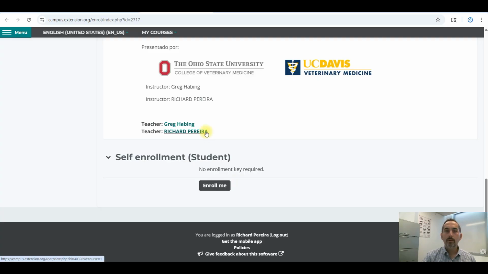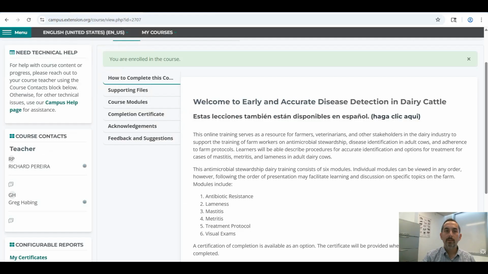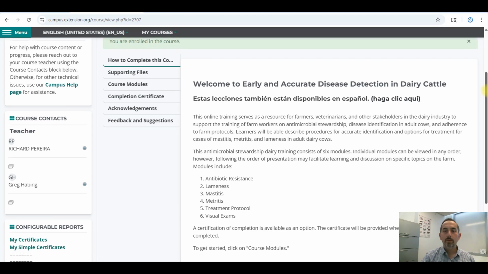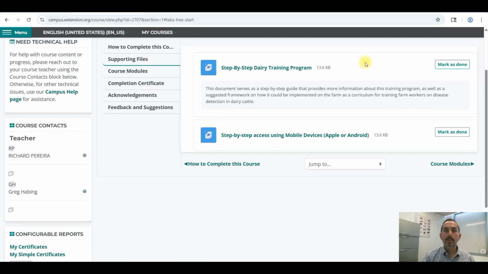So they are two independent, separate courses with the same content, one in English and one in Spanish, but you would have to access that this way and enroll as well. But going back to the main course, you can see here we have information for how to complete this course and the modules. We have a tab with supporting file information that has a step-by-step downloadable file that will give